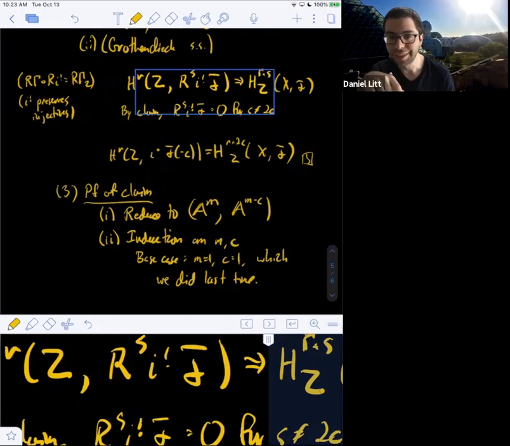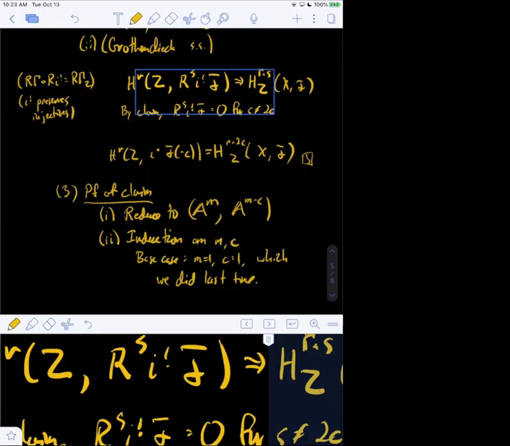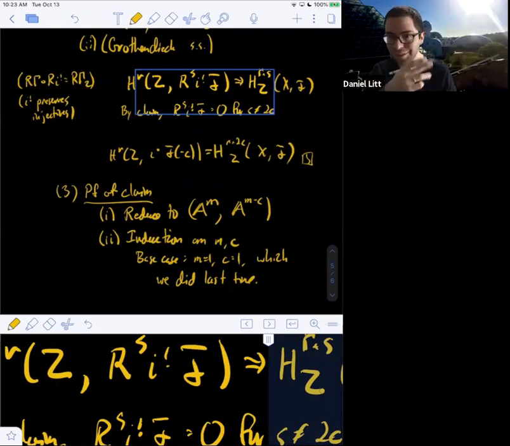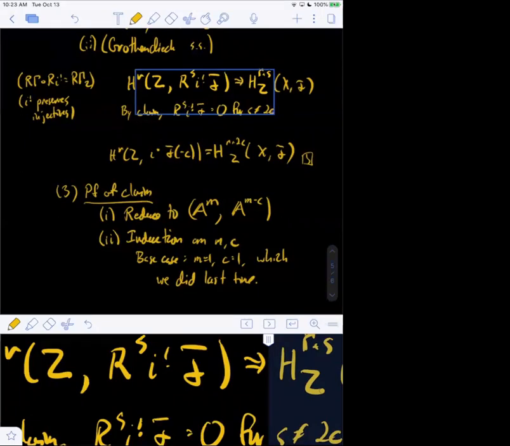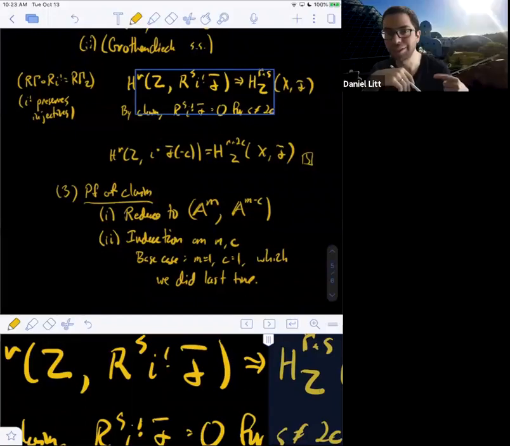Do you agree with that, Niklas? If you're trying to show some stuff is 0, for example, that's something you can check after an étale extension. And if you're trying to check a map is an isomorphism, that's something you can check after an étale extension.